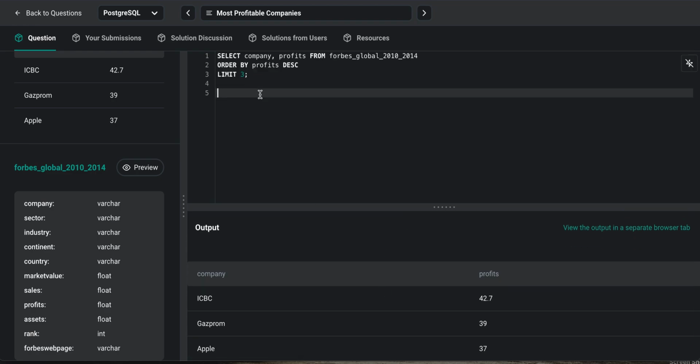But what this doesn't do is account for ties. So let's say there's a company where the profit is 37 as well. So that would be 3rd place. The problem is, by limiting 3, we snip off that value because we're only looking at the first 3 rows of the data. So what we might want to do is, just to cover this particular edge case, let's consider